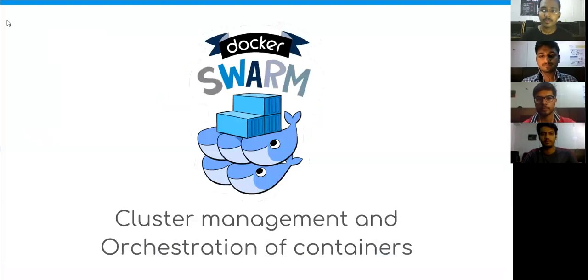So now we have an image of our application which will be running on a server. At production level, when the load is high, a single container cannot serve the whole request by users. So for that reason, we will create more containers, and those containers will be serving users. For that, we have a number of options. One option is the built-in Docker Swarm. Another is Kubernetes. For our app, we will be using Docker Swarm.